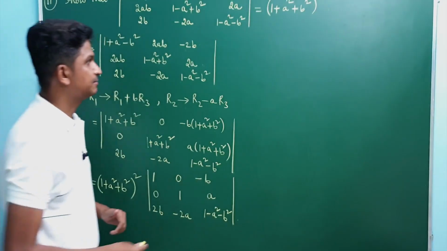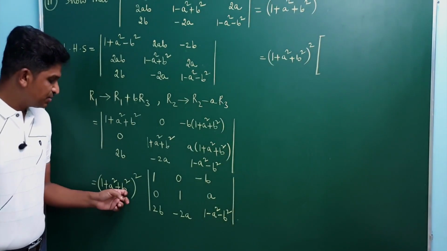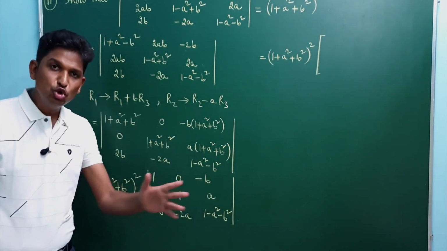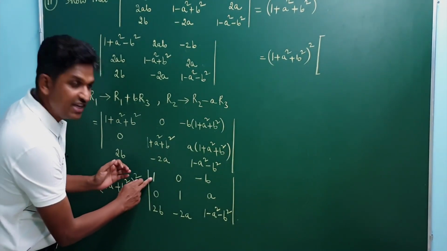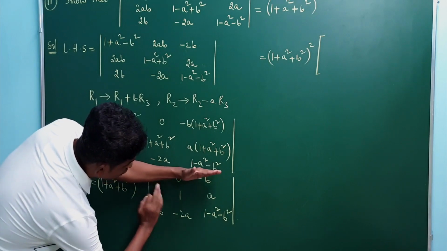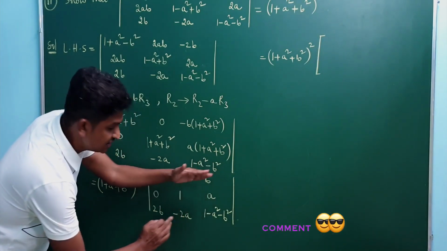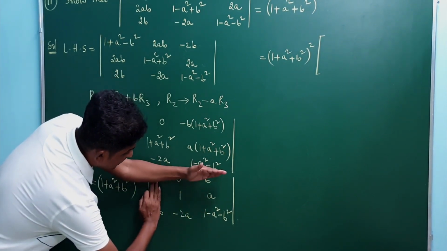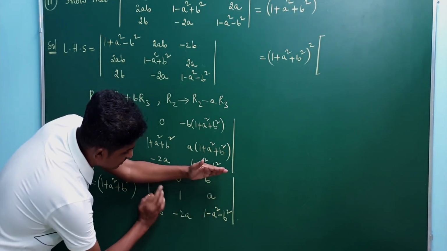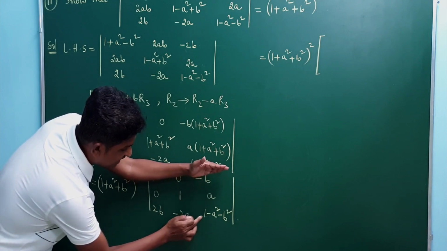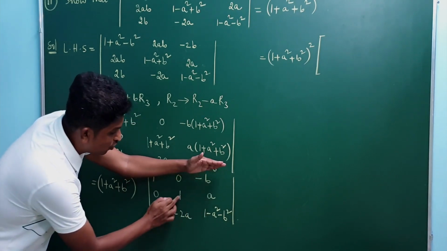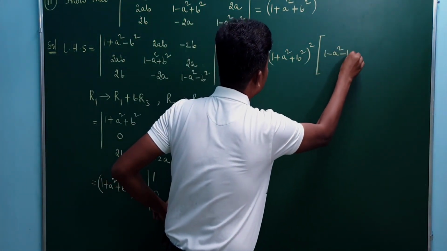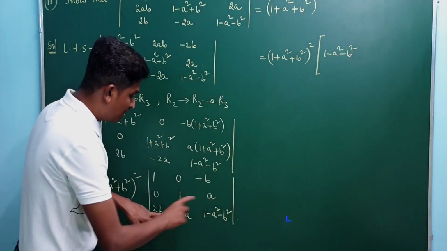Let's see what happens. I write 1 plus a square plus b square whole square as it is. Now I am going to expand this determinant. You know how to expand the determinant. 1 into, delete this row and this column, determinant of this part. 1 into this expression is this expression only. You see how to expand this determinant of 2 by 2 matrix: 1 into this element minus this element into this element. 1 into this element is 1 minus a square minus b square. Okay, minus